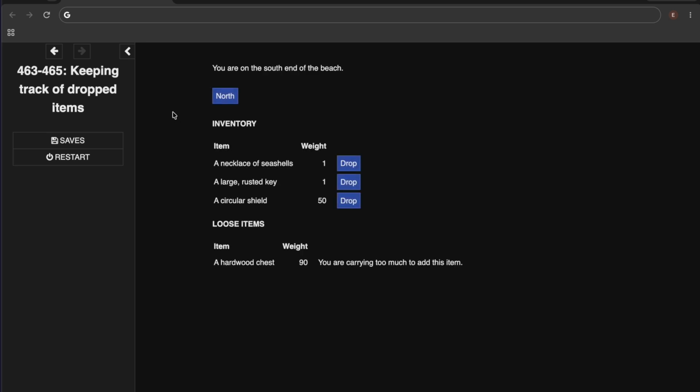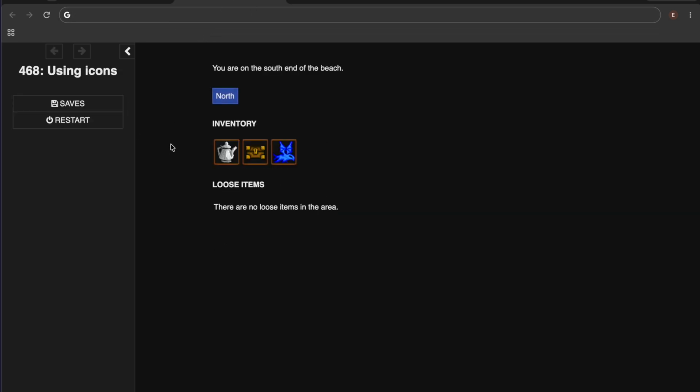Well, I've changed it so that the system mechanically works exactly the same, except that instead of a list of written descriptions, we have pictures, and then when the player hovers their mouse over an item, it comes up with some hover text or mouse over text. This might be a bit small for you to read, but it has the description of the item and